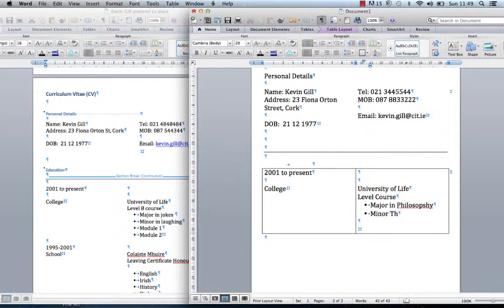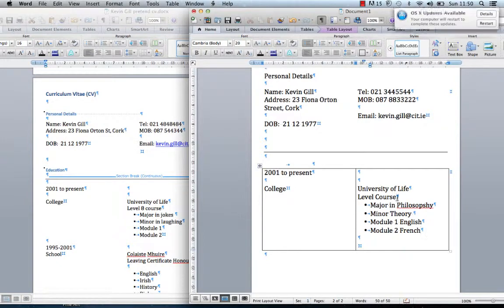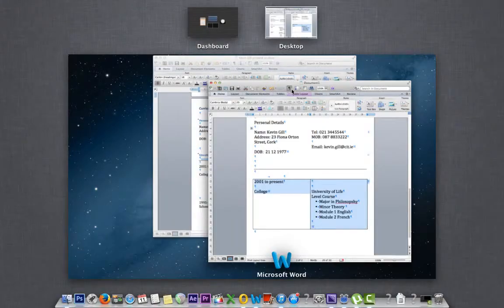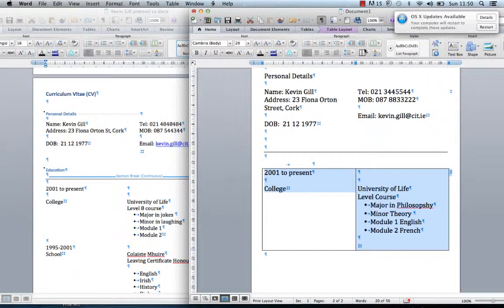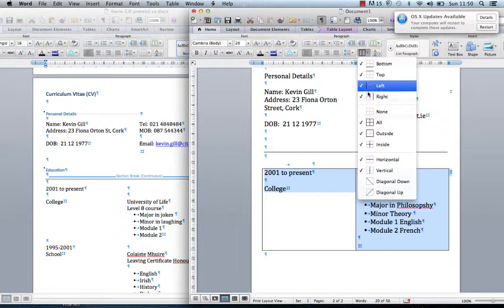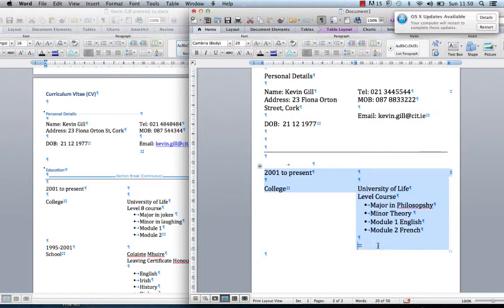In theory. Module 1 English. I'm just putting down stuff now just to fill out the space. Module 2 French. So you can see the idea of how I'm laying that out. And again, I can go in here and, sorry about that, I can just drop that box down and go none. And so it gives me this overall